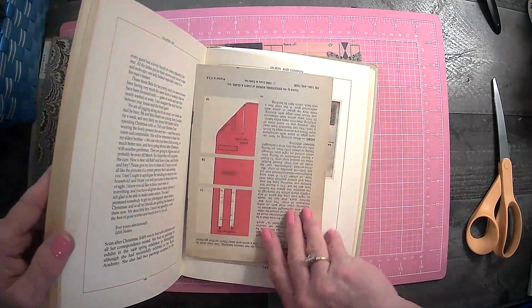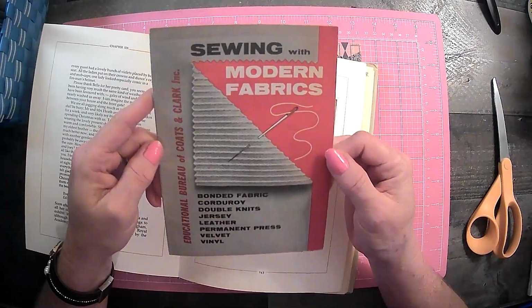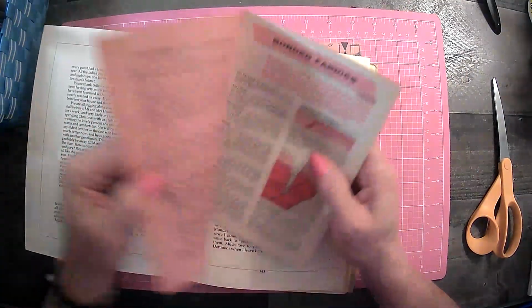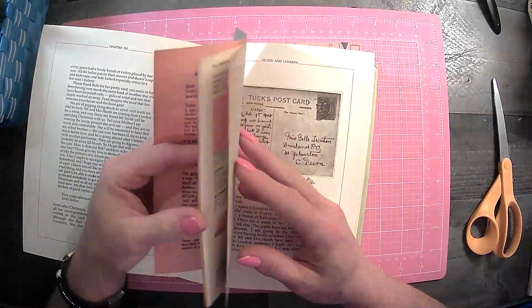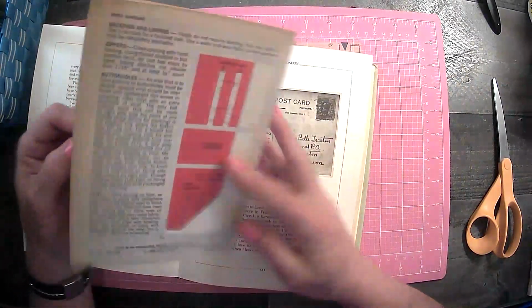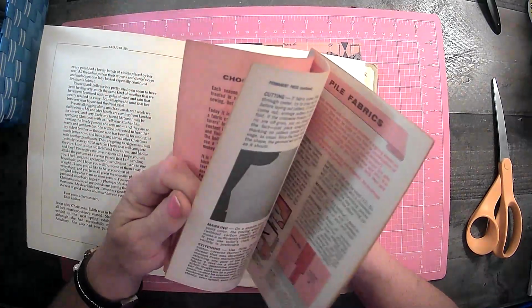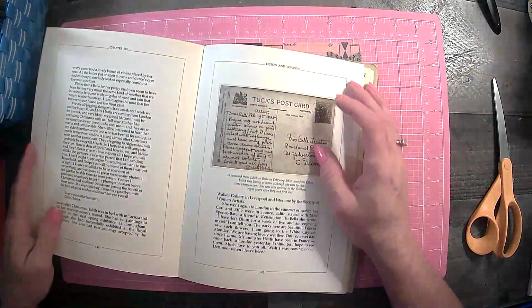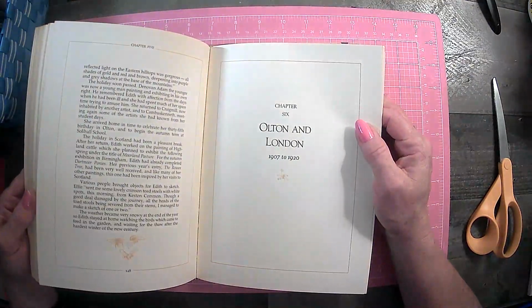Oh, what is this? Oh, sewing with modern fabrics. Okay. Nice to know. Okay, let's see. 1968. Well, there you go. Okay, who knows? But yeah, this is just...